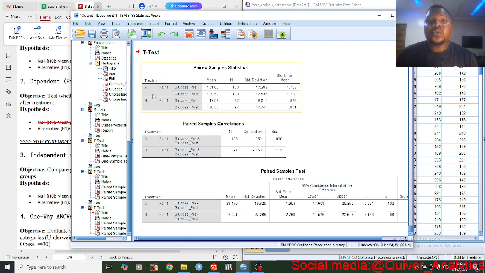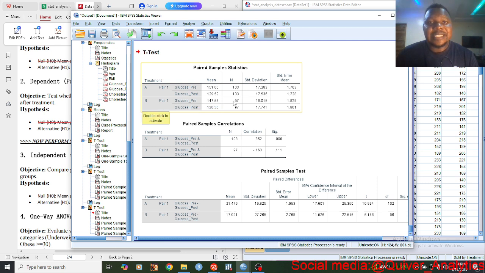Among those who took A, that's 103 of them, their average glucose before taking treatment A is 151. Their average after taking treatment A is 129.52. So that's a before and after test. All right, so the difference here, is it significant? Again here,